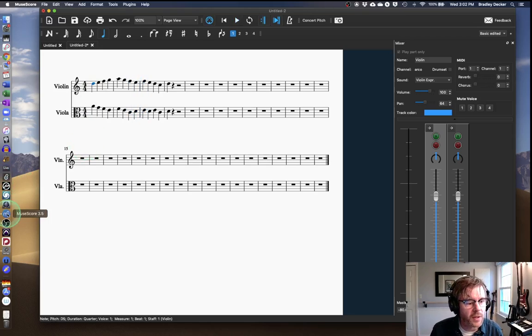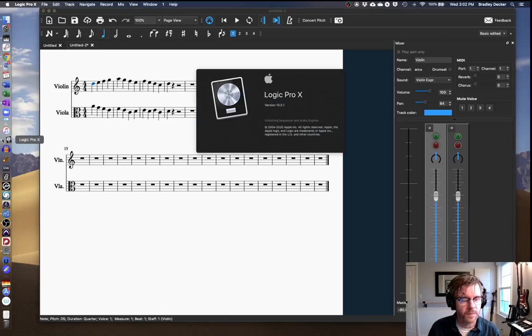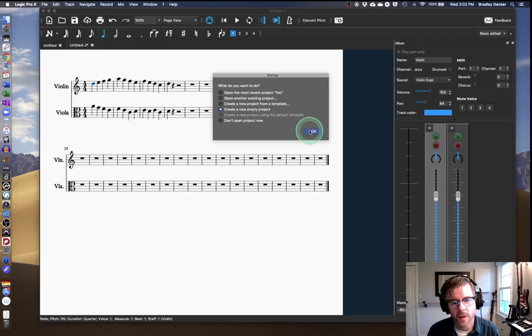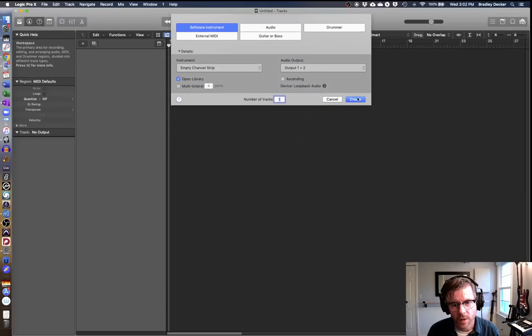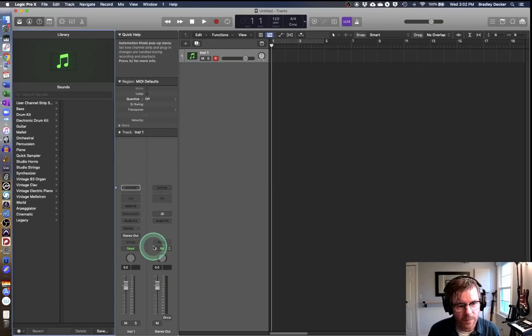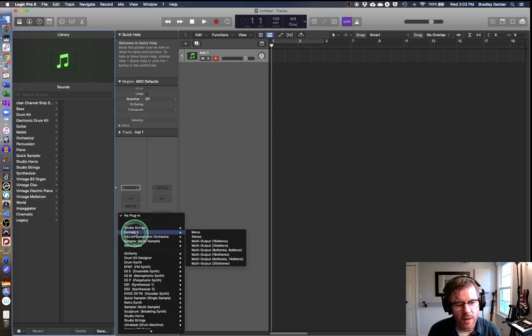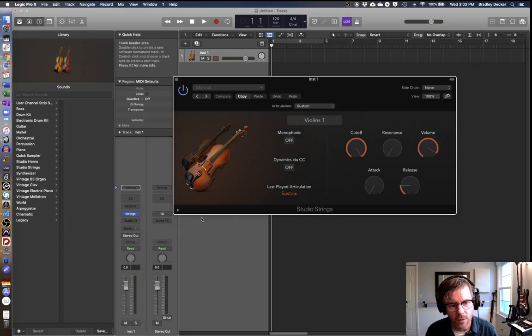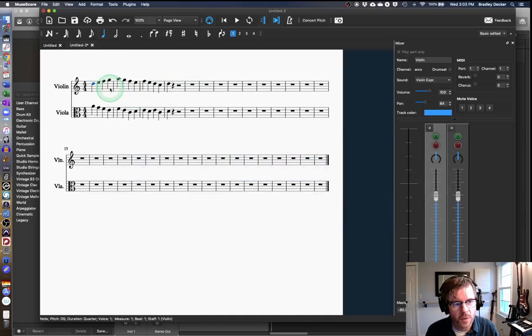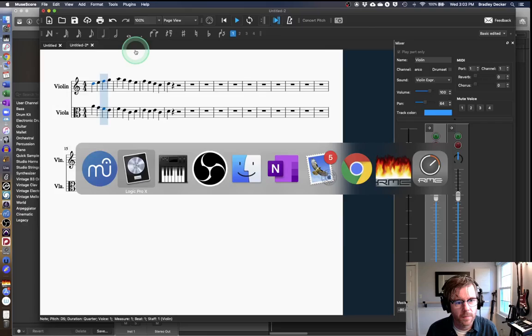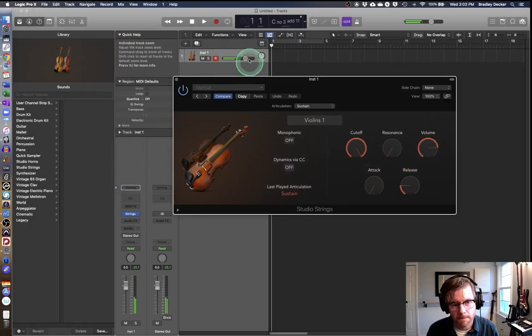So let's open up Logic. And we'll create a new project with a software instrument with an empty channel strip. And what we'll do is load an instrument into this, like Kontakt 5. I'll use Kontakt 5 because it has the best options here. Well, I can start with Studio Strings actually, and then I'll show you Kontakt 5. But basically, your MuseScore file is now sending its MIDI into this track